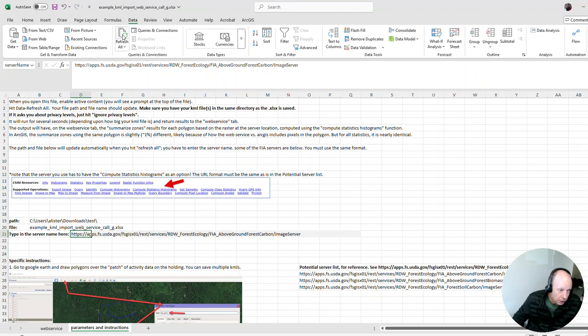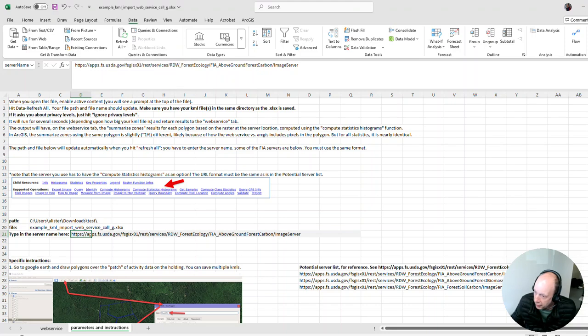I will hit the refresh all button, and what it's doing is it is going into that directory, finding anything with a KML file extension, with a .kml extension. It's turning the KML file into a series of latitude-longitude pairs, which are the vertices of the KML. It is then taking that set of latitude-longitude pairs as a text string, putting it into the correct format for a